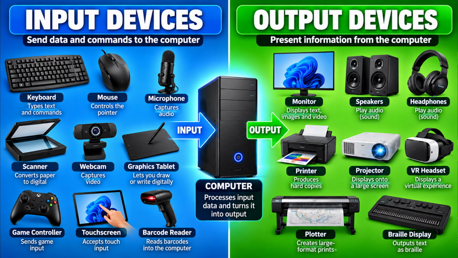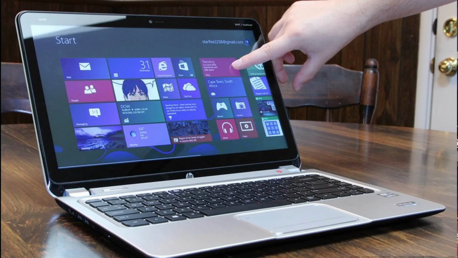An output device takes information from the computer and then presents it to you. A monitor outputs an image on your screen. Speakers output sound. A printer outputs information onto paper, and some devices can perform both jobs. A touchscreen, for example, does display information as an output device, but it also detects your touch as an input